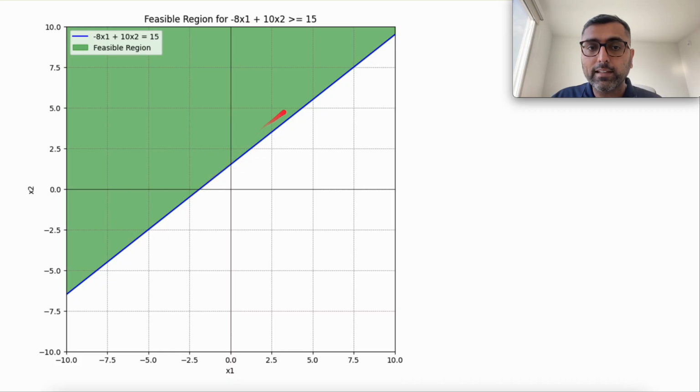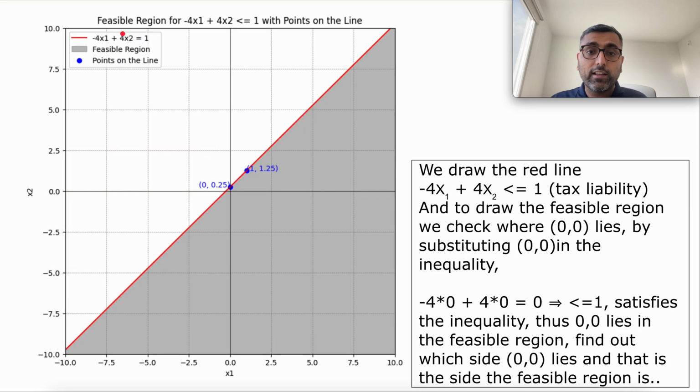And then you will get the equation of this line. And then find out, is 0 greater than 15? No, meaning 0 is not in the feasible region. That means whichever place is on the other side is the feasible region. So now we have this as the feasible region for this constraint. So we got the first feasible region on the right-hand side, and then now we have the other feasible region